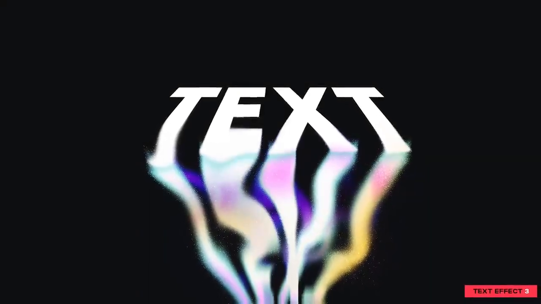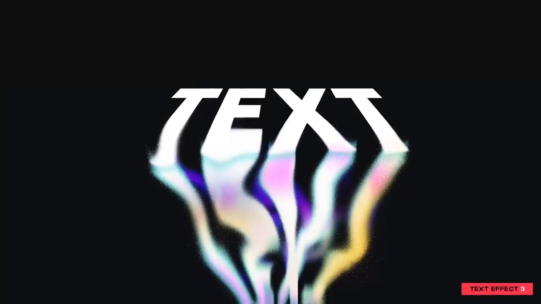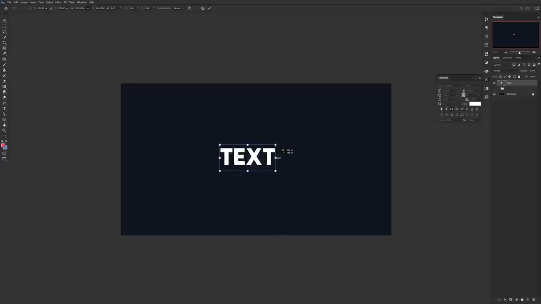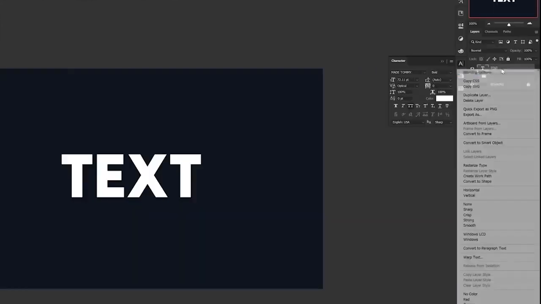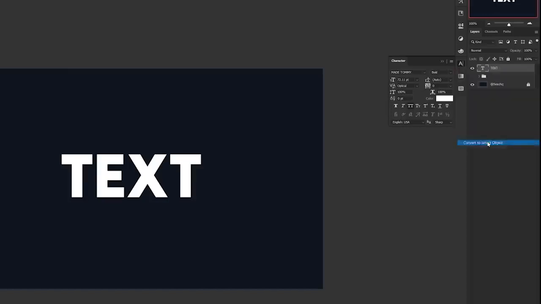Alright guys, and for the last text effect for the video, it's this really cool, awesome, ghostly Aurora effect. One of the ways you can do it yourselves is simply writing out the word with the font of your choice. After making sure it's all spelled right and it's the size that you would like, make sure you right click on the actual text layer and convert it into a smart